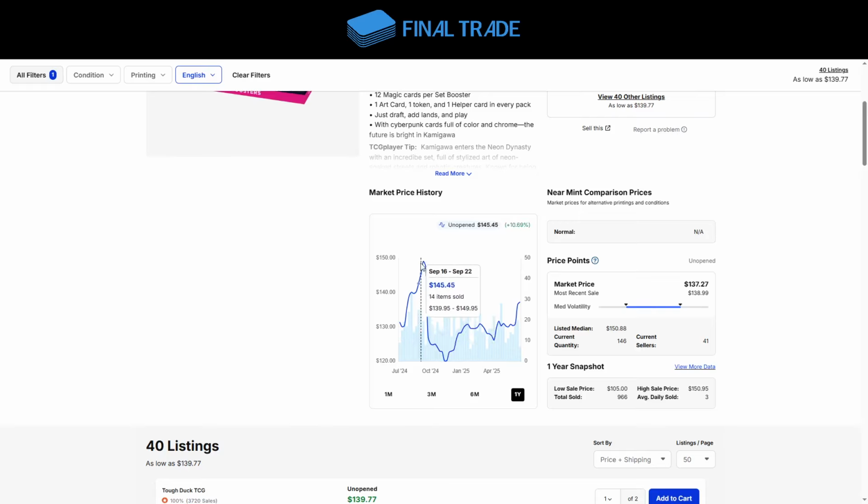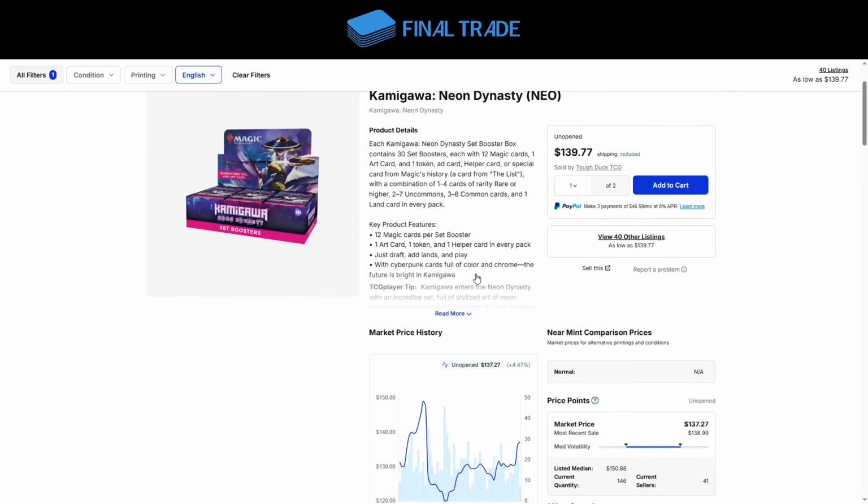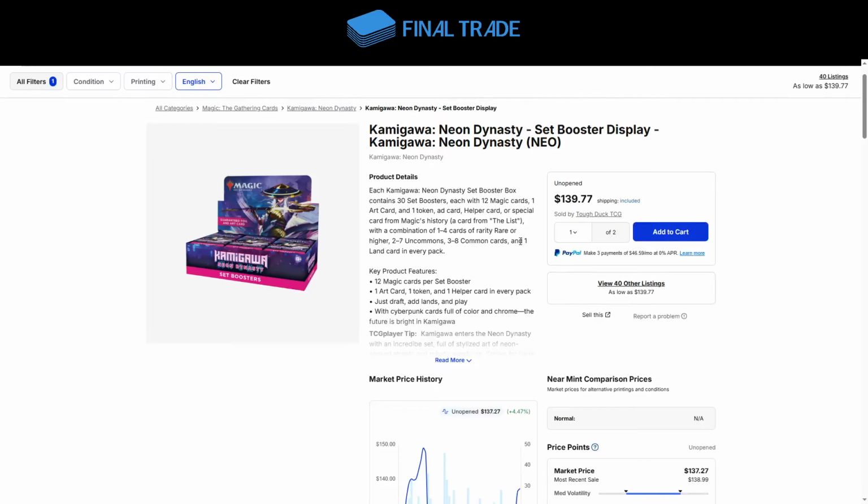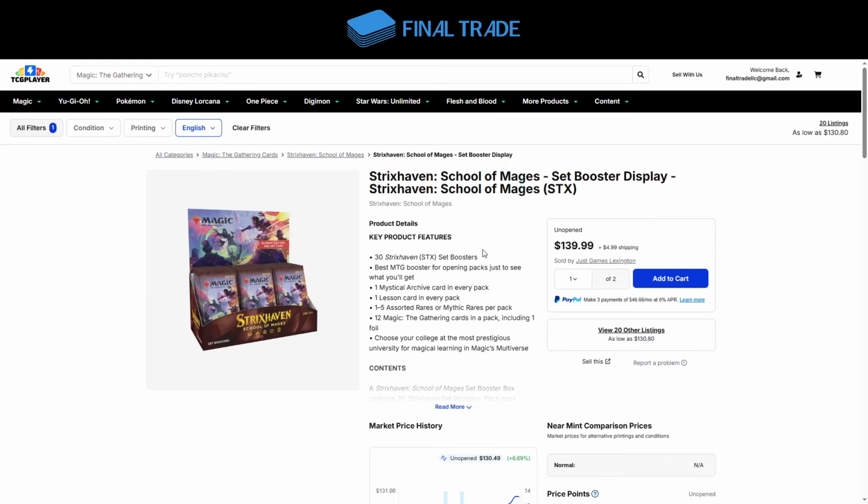Yep. Here we were at 150, and then we got reprinted back down to 120. And now we're back up to 140 nearly a year later. So exactly what we don't want to see, but Kamigawa was a great set, and these boxes will recover, but hey, it's already rotated out of standard, and a lot of the desire to buy them is gone. Strixhaven,